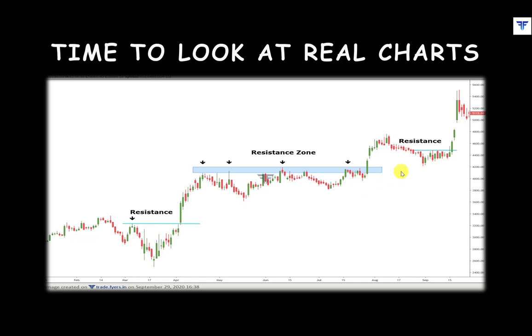Finally, see that after facing resistance at a small hurdle over the course of a few candles, price managed to break above the high of those candles, leading to higher prices in the time ahead.